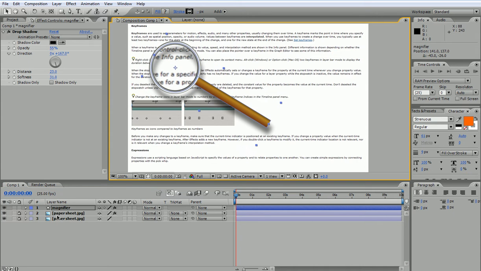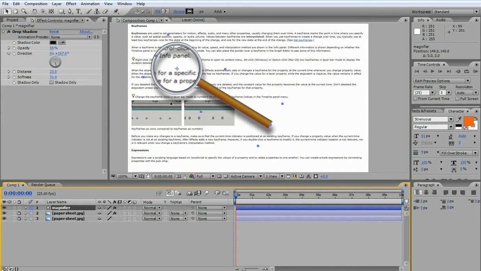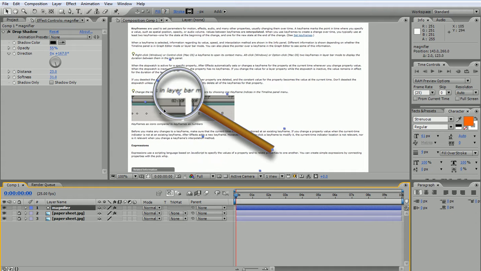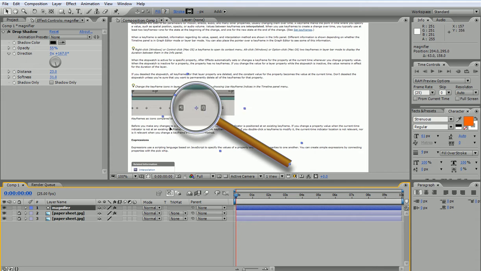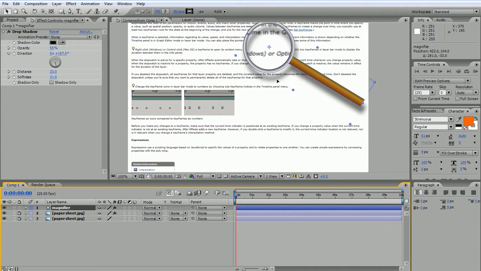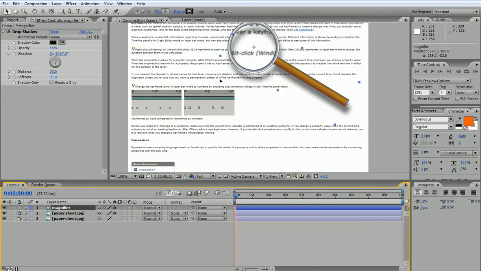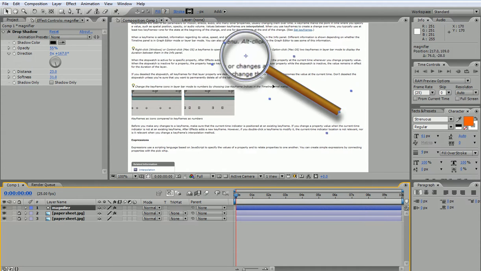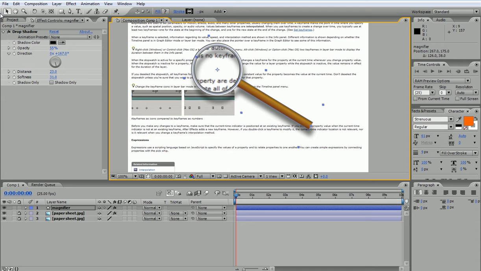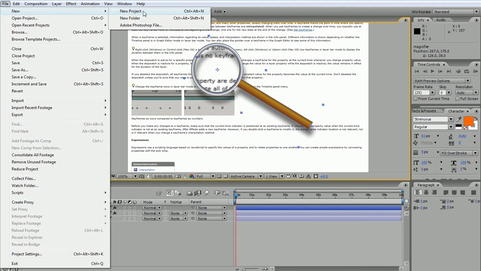But the zooming effect would follow the position of the magnifier through an expression. That way, I can move both the magnifier object and the zooming effect together at the same time, and I'll be able to get this in real time. And once I do get it working in real time, I can animate it as I like. So I'm going to start over